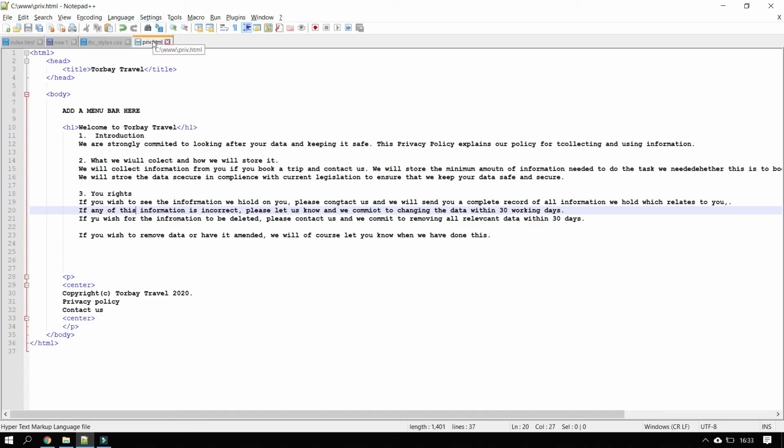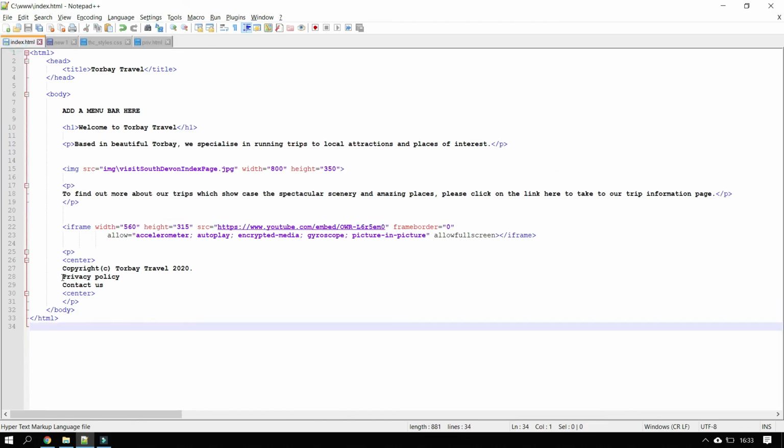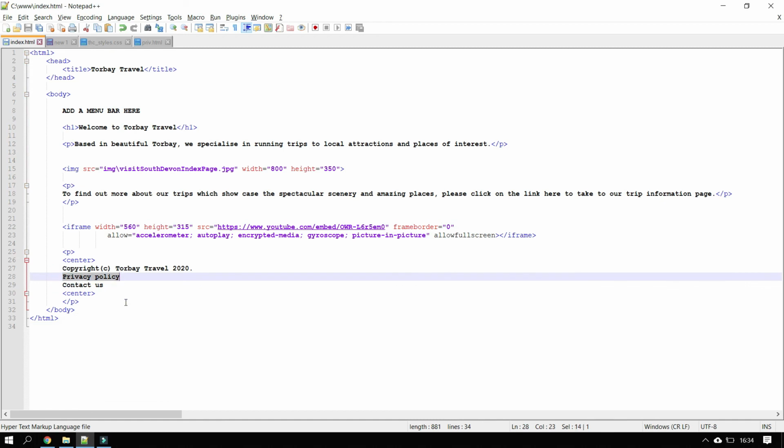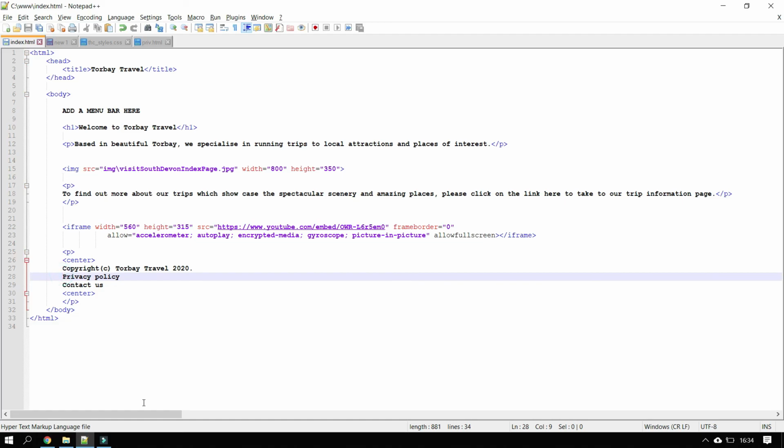So now I'll go back to my index page, which is this one here. This is the kind of website home page. And now what I want to do is turn this text here into a hyperlink. I'm going to do that using an a href tag, like so. So I say a href equals a